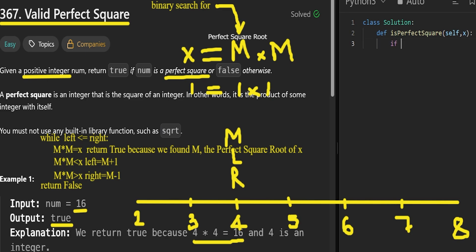First, if x equals 1, then we return true because x is a perfect square. Initially, we set the search range from 2 to half of x. As long as the left boundary does not cross the right boundary, do the following. Find the middle